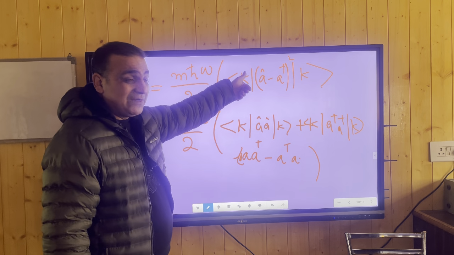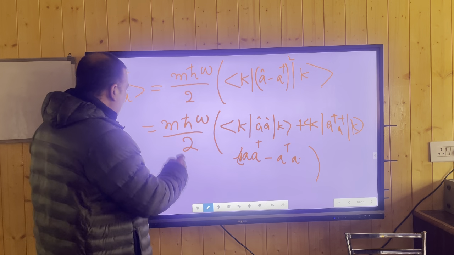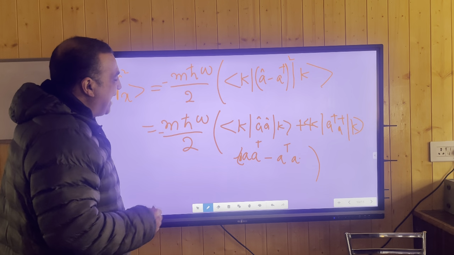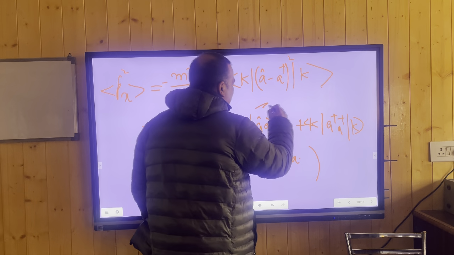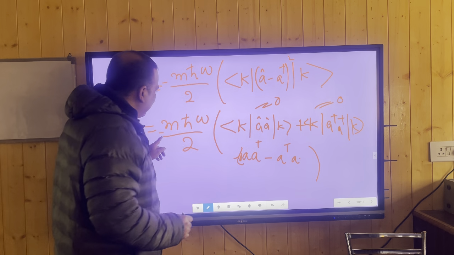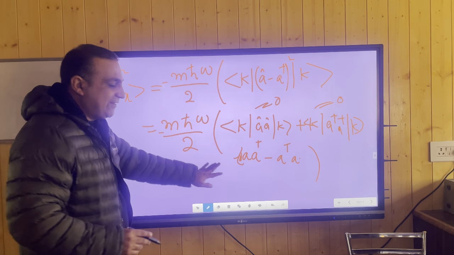So that minus will become plus, but the square of iota has led us to minus. So the minus sign should be outside this term. And now immediately I can say that this term is equal to 0, and this term is equal to 0, and this minus will go inside, and it will make everything positive.